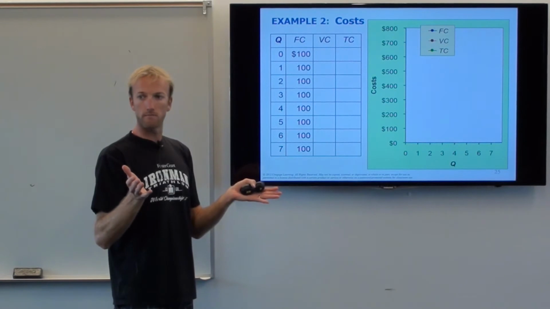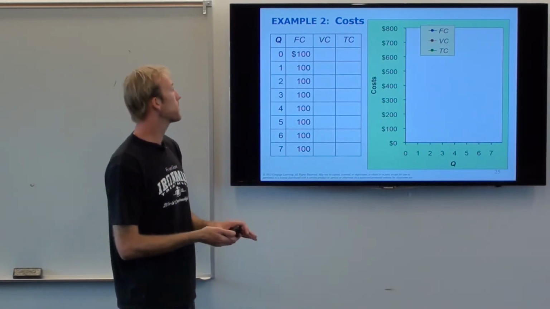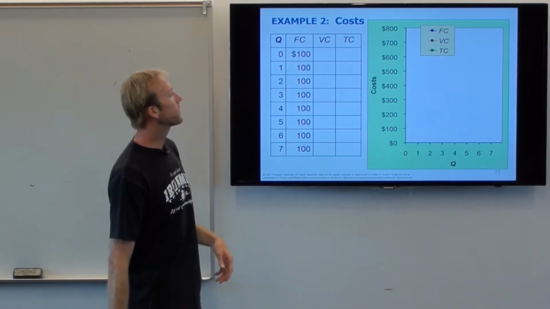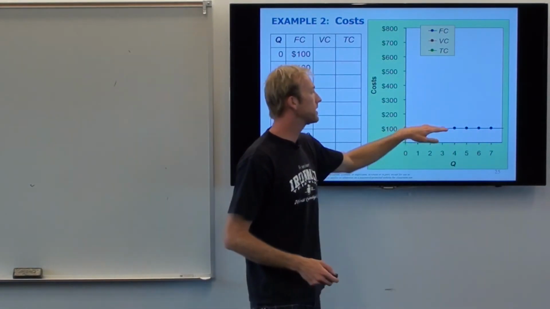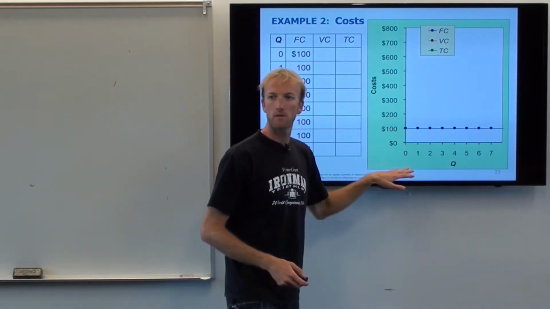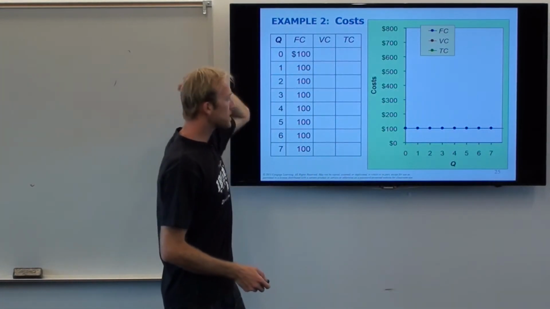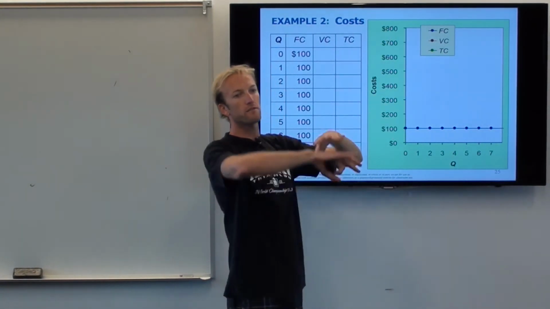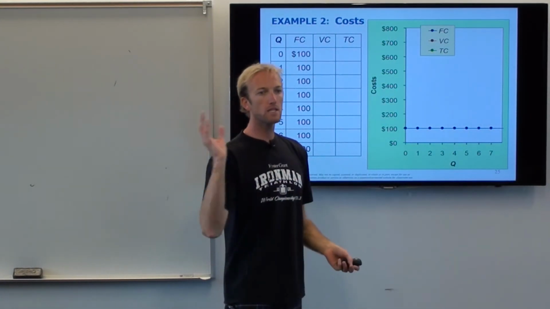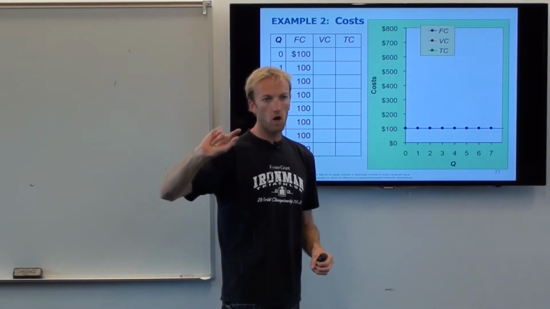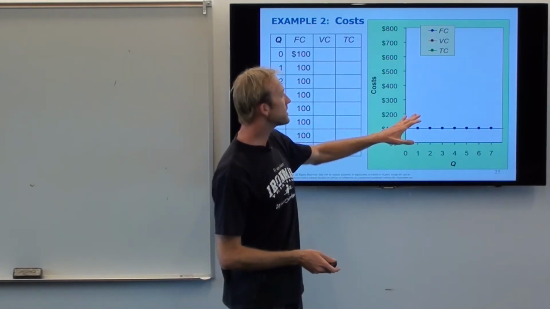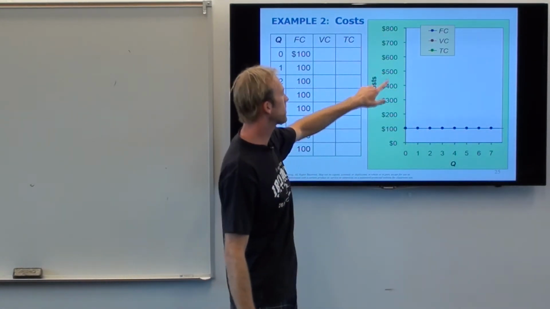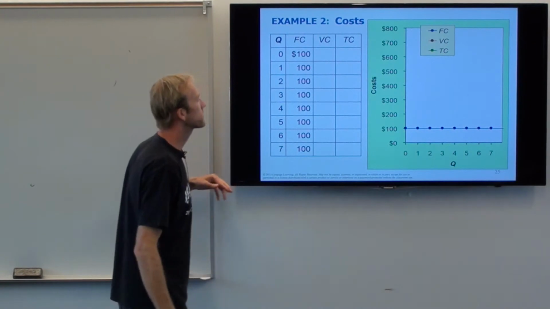Maybe that's the rent on their building. Okay? No matter how much quantity they make, even if they make 0 stuff, they still have to pay the fixed cost. Okay? And so if I graph that, it's going to be a flat line. Okay? These on here are going to be like the total cost, the cost for the production of the whole thing. Next, we'll look at the marginal cost, or the cost of each individual unit. All of these costs are going to be like the total cost for the entire operation, because you look at these big numbers. It's going to be the cost for the whole operation.